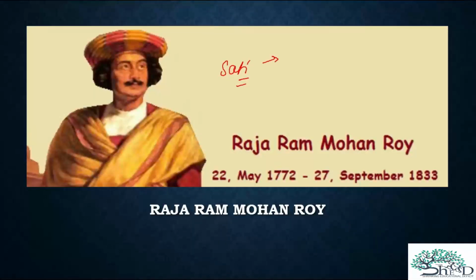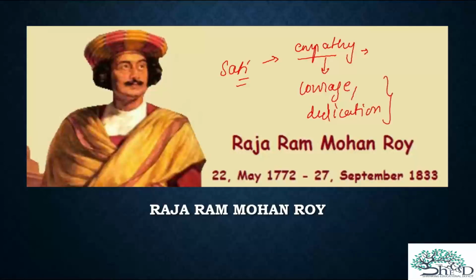See, he saw his sister-in-law committing Sati, so from that his empathy made him understand the actual pain that they went through. Then he had the courage and dedication to follow through beyond all odds, because at that time everybody thought it was impossible. So by courage, dedication, and commitment, he saw that it was abolished. So these are the values which we can learn from him.